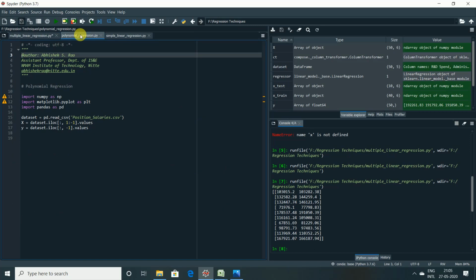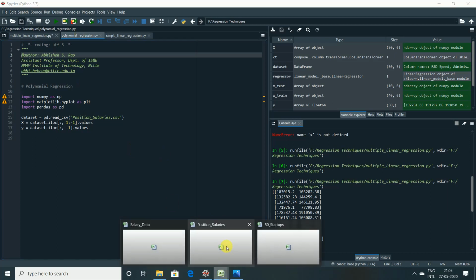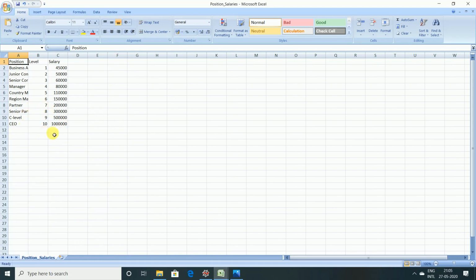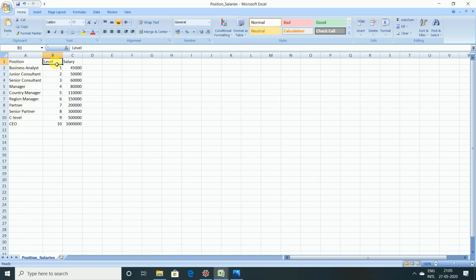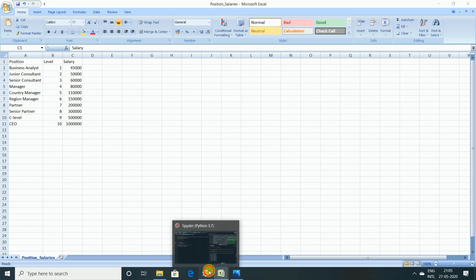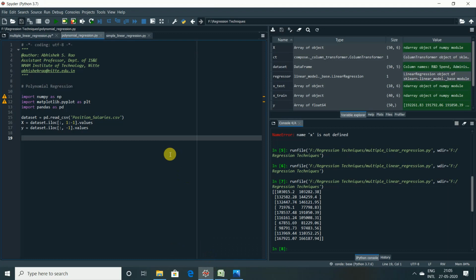The data set I'm going to use for the polynomial is position_salaries. You can see a small data set I've taken here where we have 10 observations and 3 features: position, level and salary. In this data set, the first feature is of no use for training the model, so we will consider only the second and the third one. This is a non-linear data set. While looking at the data set only, we can visualize it very clearly. So polynomial regression suits a non-linear data set well. Let us begin with the implementation part. Let us go a little bit fast.